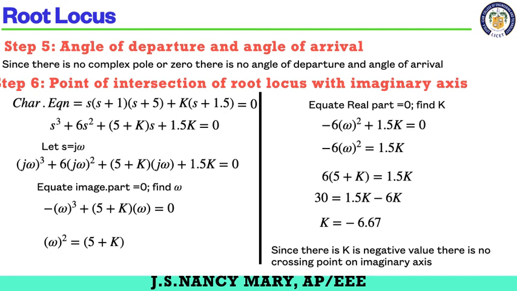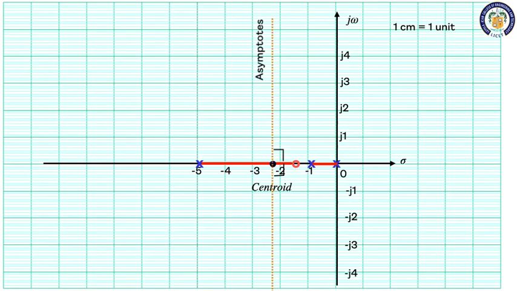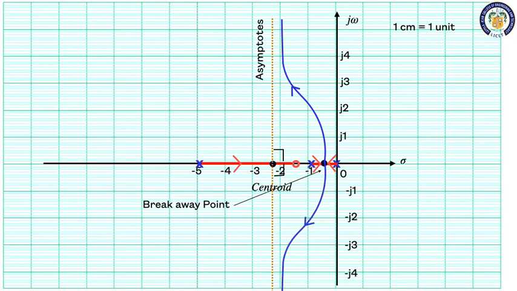Now we will complete our root locus. There is no angle of departure, no crossing point on the imaginary axis. So we will see how to complete this one. So this is my asymptote, always remember you need to have the root locus in parallel with the asymptote. So from s is equal to minus 0.6, just draw the root locus like this. That is, it is going to travel in parallel. So this is the root locus sketch for this problem.